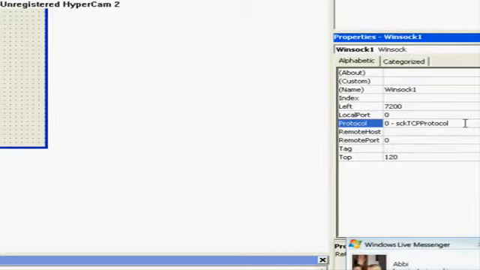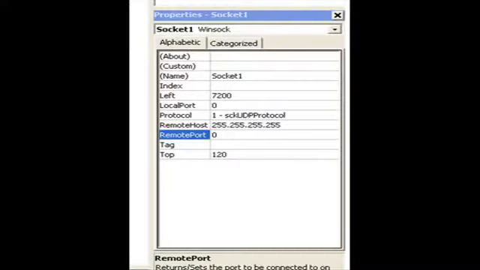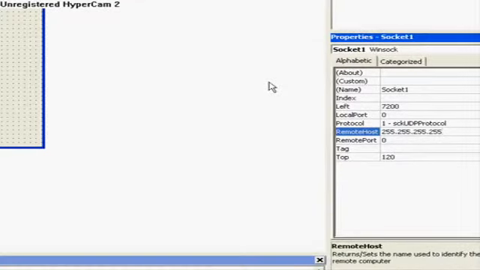And you're going to change this setting here, the protocol, to a UDP protocol, and we're going to set the remote host to 255.255.255.255. That basically means you'll be able to speak to everyone on your network rather than a specific IP address, which you could do if you find out the IP address of that computer on the network. Okay, so once that's set up,